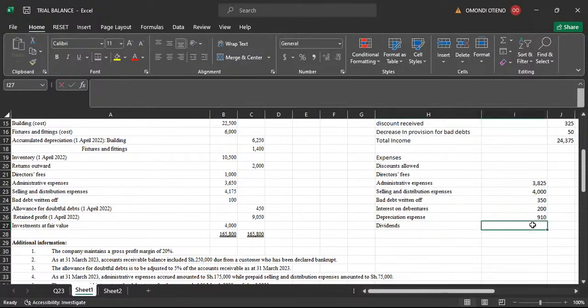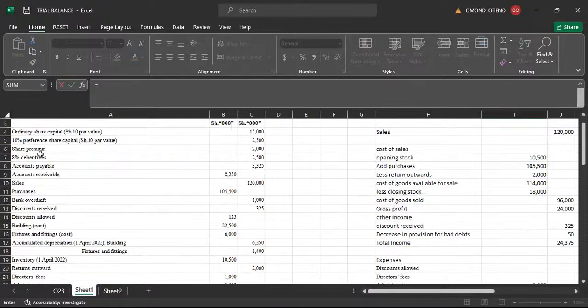We are being told the preference shares is 10%, so the dividend is already given because that's a fixed rate, 10% of the preference shares value. Then that we are going to add